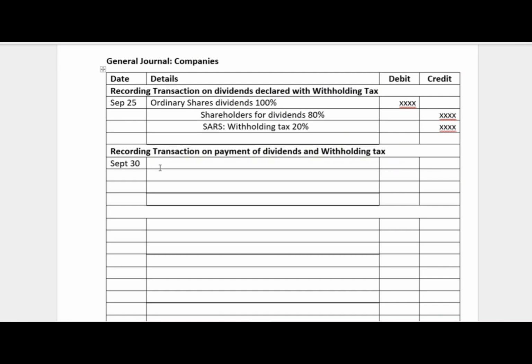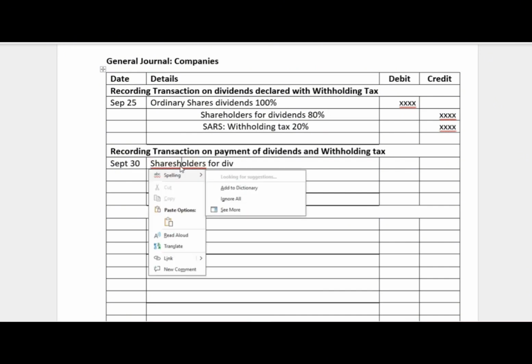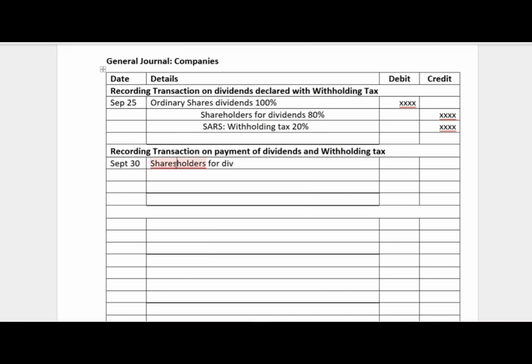And then when you pay, you are going to debit shareholders for dividends, which is going to be 80%,